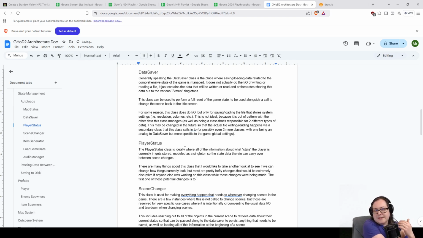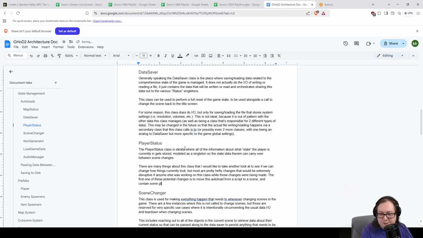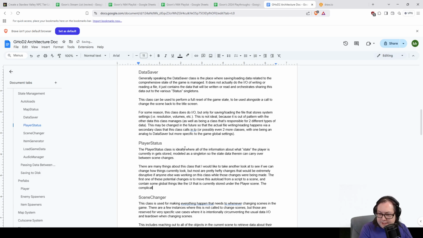is to move this autoload from a script to a scene and contain some global things, like the UI that is currently stored under the player scene. The complications with this potential change are numerous. Many of them being